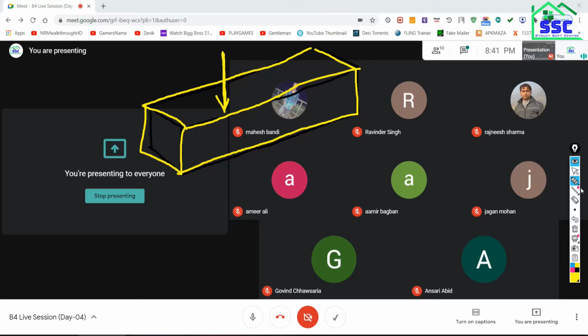So ETABS will show this member by its own axis, and that axis will be like this. One axis is running along the length of your beam, and that is represented by the ETABS software in red color and labeled as 1-1.